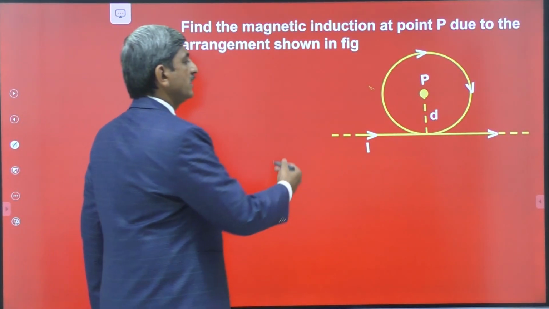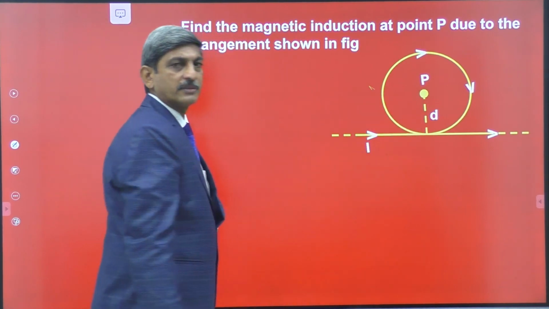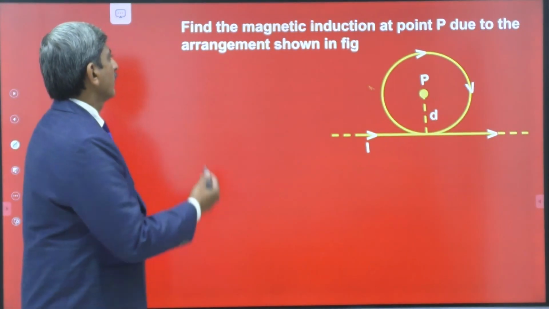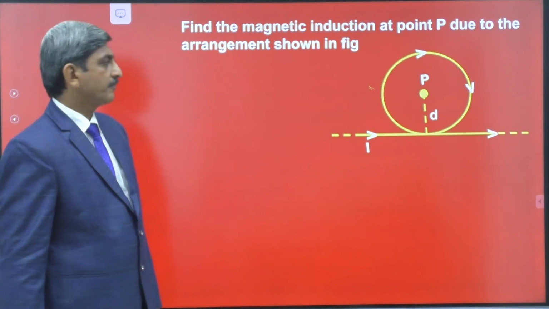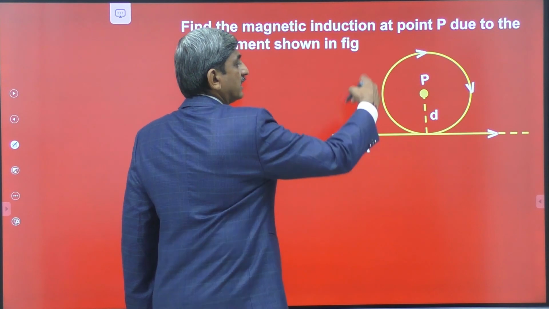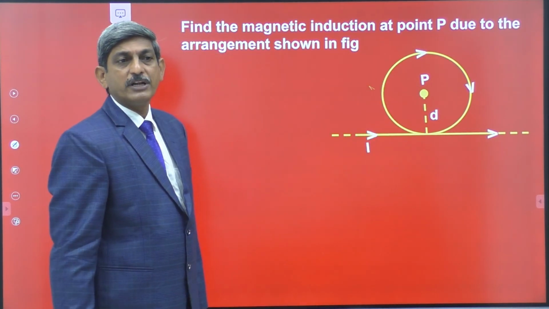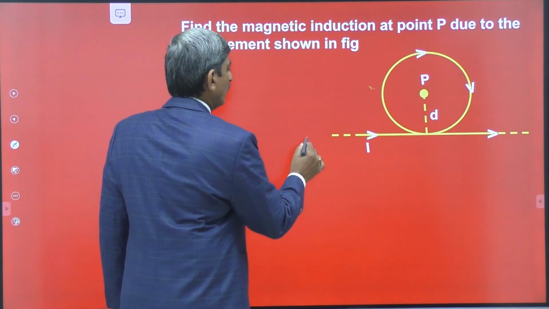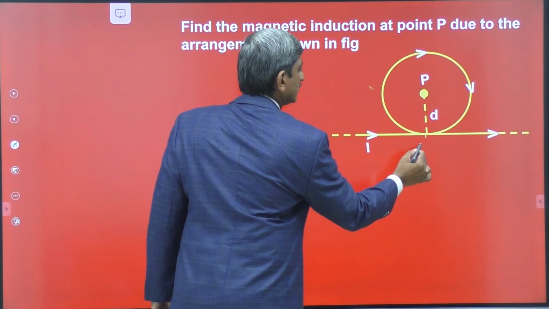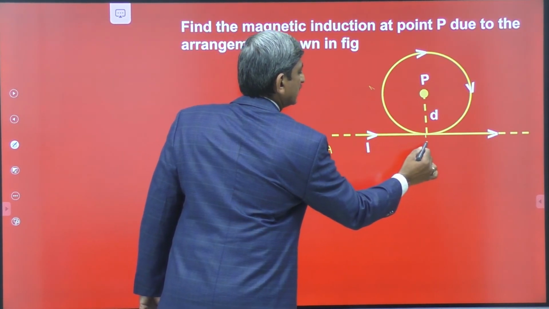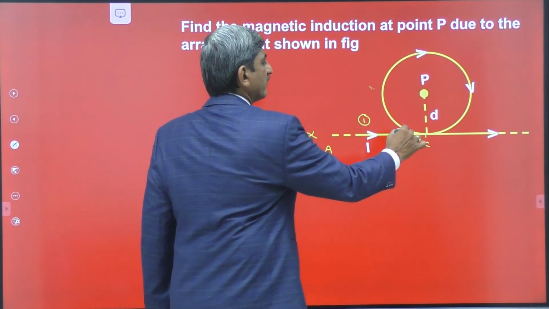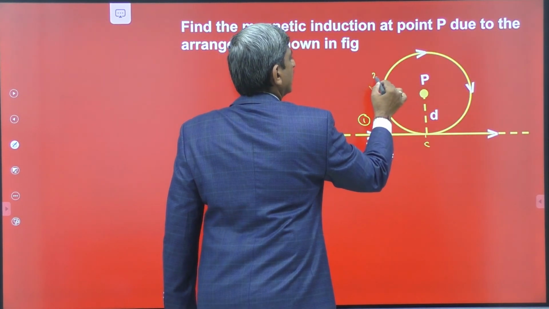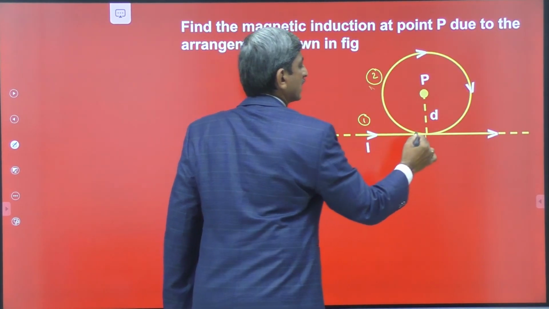Come to the next model, which is the combination of the infinite wire and the circular ring. Find the magnetic induction at point P due to the arrangement shown in the figure. Here the entire wire is going to be divided into 3 portions. One is from infinity to this point, let it be taken as AC, which is the first portion. The second one is the circular shape, let it be taken as the second portion,